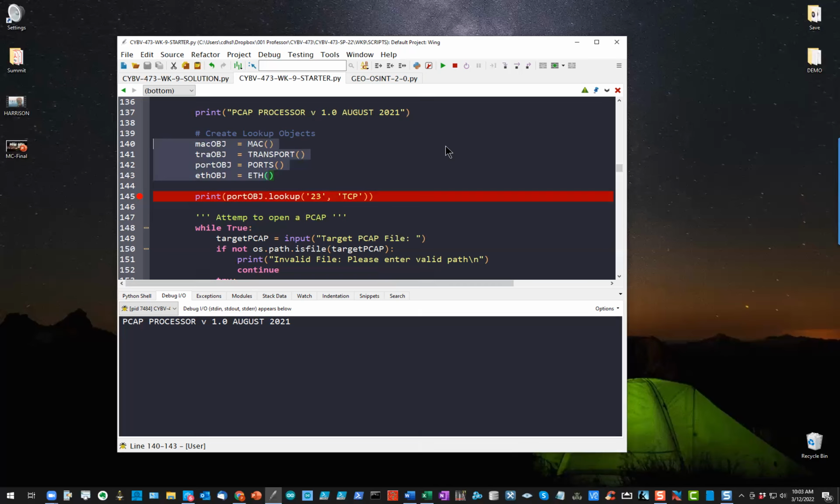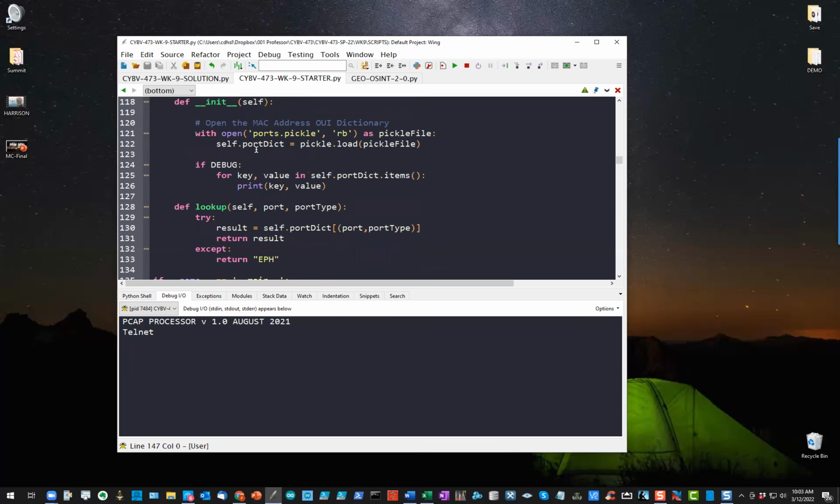I'm going to show you one other thing in a second. So when I'm here and I hit the F6 key, obviously it prints out telnet. The lookup said, okay, port 23 for TCP is in fact telnet. So all we're doing is looking up and translating the port number into a port name, just so that we have that information. But before I go beyond this, let me go back and show you